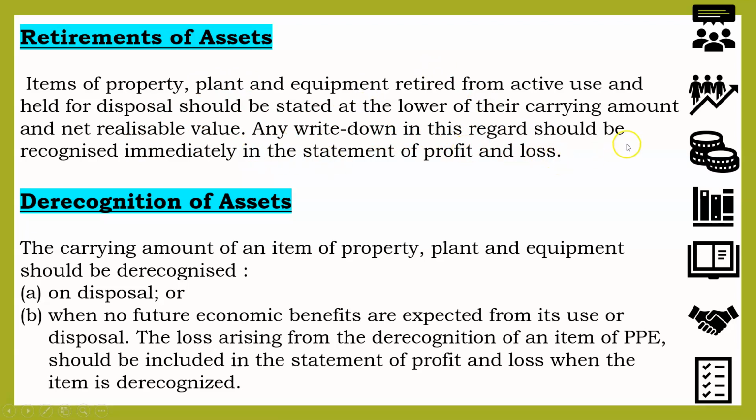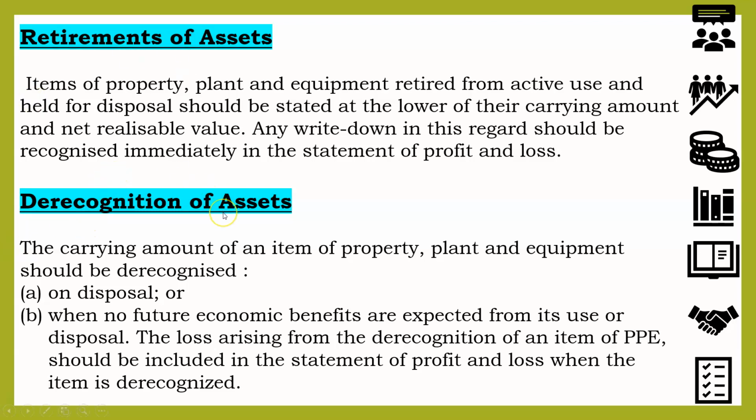Now, say the carrying amount in the books of accounts was 10,000, but you see that the net realizable value, if you sell that asset in the market now, is 5,000 only. Then there is a loss of 5,000 rupees because now you will be recording that asset for 5,000 in the books of account as per the law. So the carrying amount was greater than the net realizable value. The difference between them will now be recognized as loss in the profit and loss account.